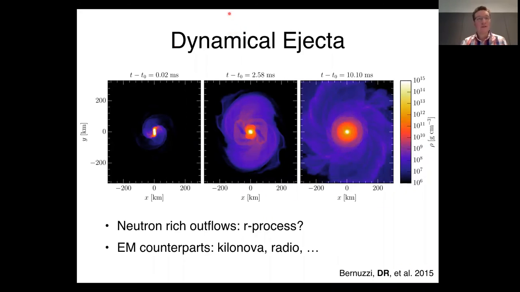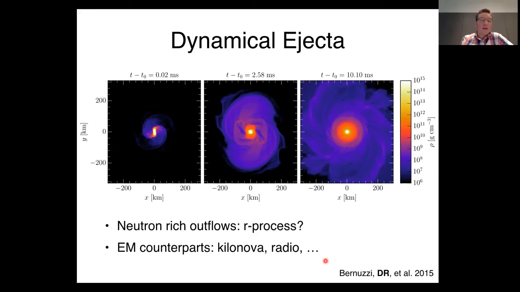So one of the consequences of these mergers is the dynamical ejection of neutron-rich matter, and this has, of course, two important consequences. First of all, this could be the origin of some of the R process elements we observe in our galaxy. And secondly, as a side product of the R process, you're going to produce also radioactive nuclei, and their decay will power electromagnetic transients that we can observe, or we think we'll be able to observe, and